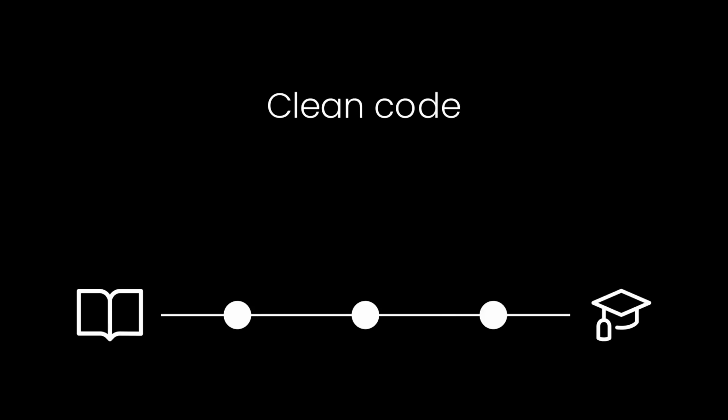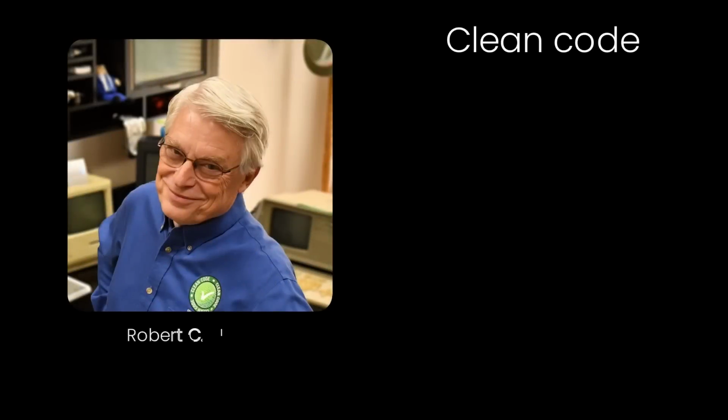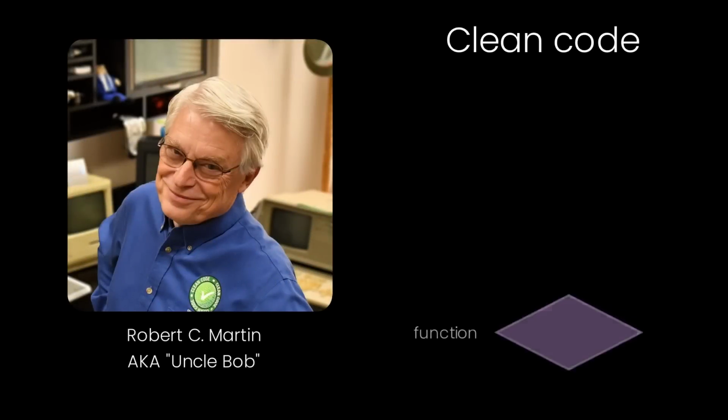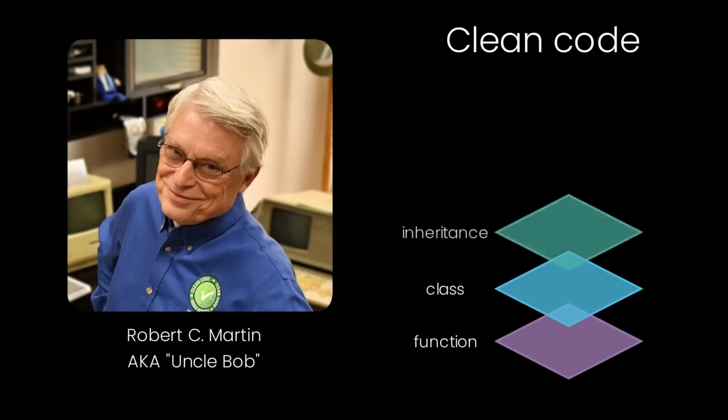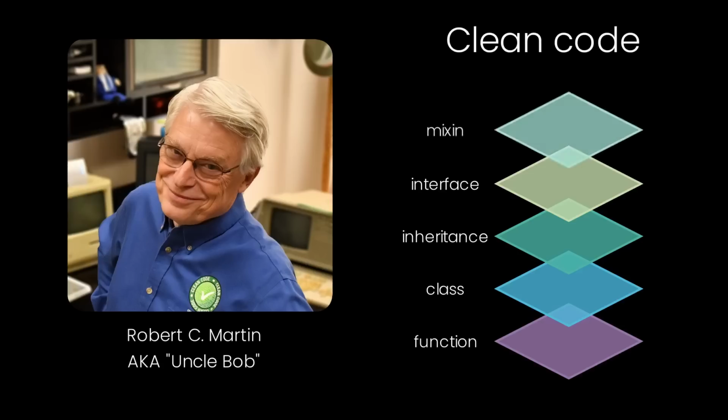Clean code, for the longest time, has been a concept peddled by schools, universities, and everything in between. It's an idea coined by Robert C. Martin, also known as Uncle Bob, which incentivizes creating layers of abstraction to make the code readable, understandable, and maintainable.